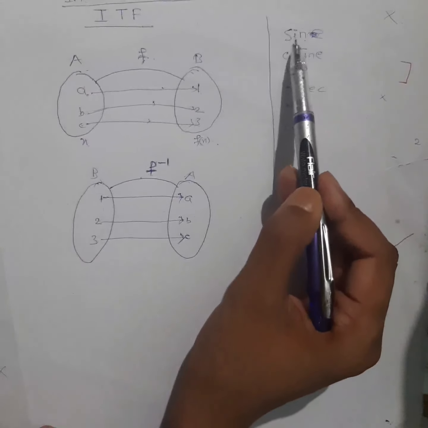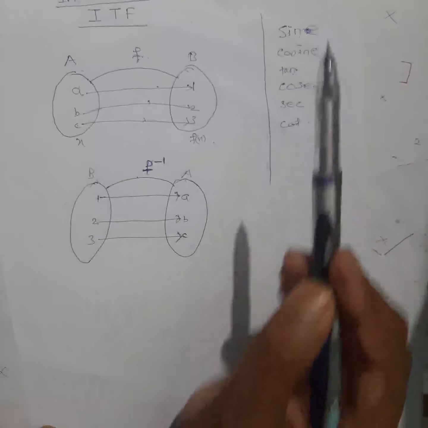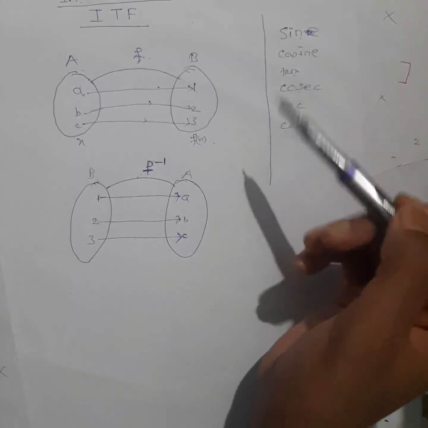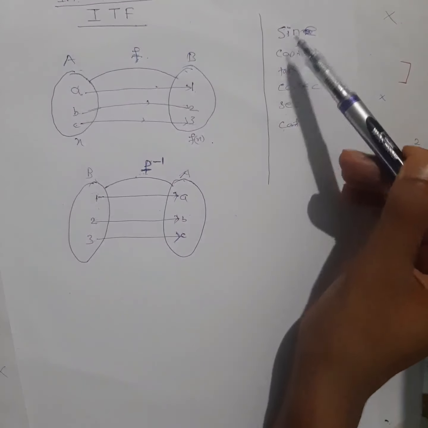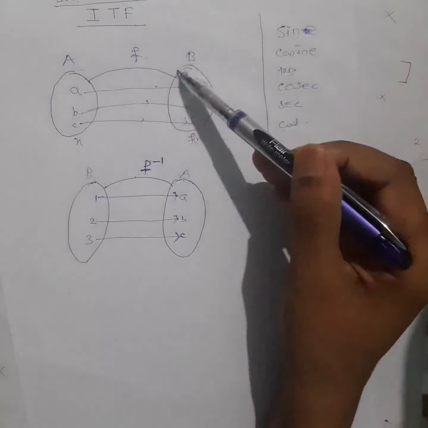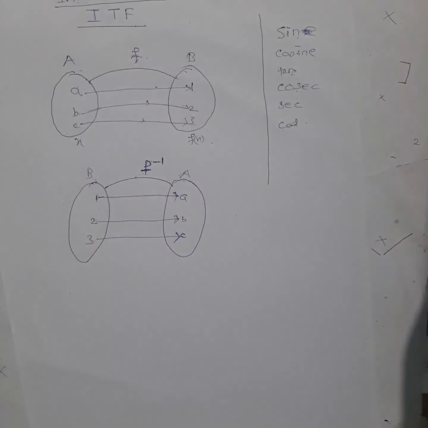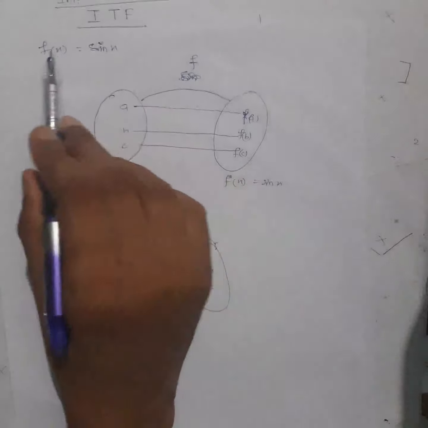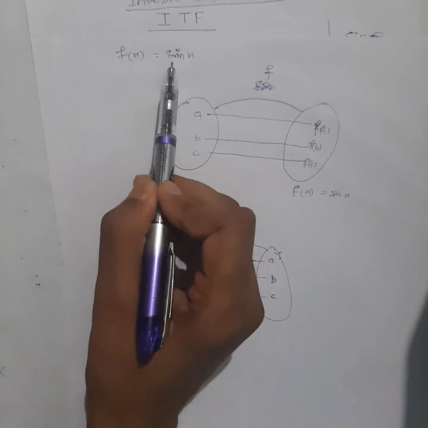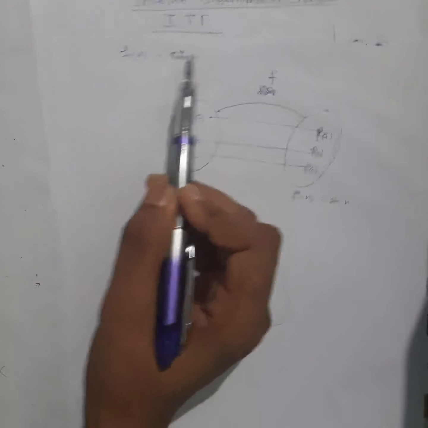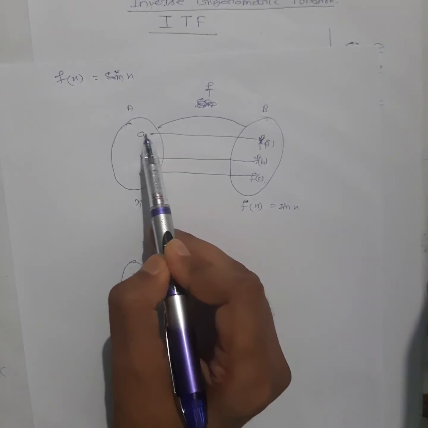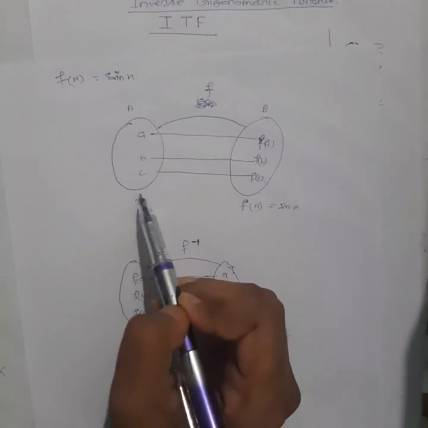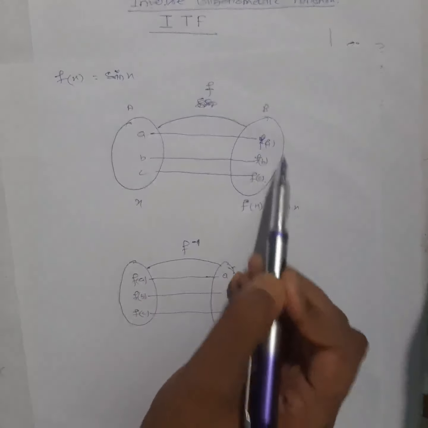So see here, when we studied trigonometry also, this was a function, right? Now why it is a function, I will explain why these are called functions. Okay, now when I discuss its inverse function, then remember this condition must be satisfied. For example, suppose this is a sine function, this time f(x) is equal to sine x, suppose the function is sine x. Okay, so the domain is suppose this one, a, b, just an example I'm giving. If the domain is like this, this is a sine function, right? So see here, if this is the x value, this will be what? Sine of the x value, right?